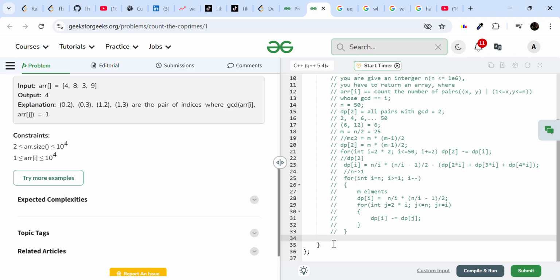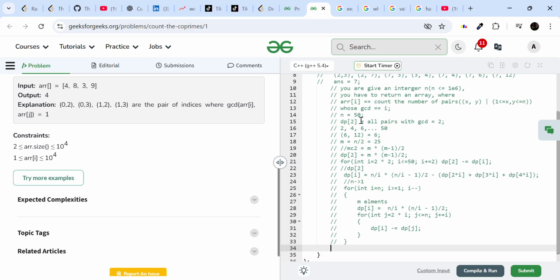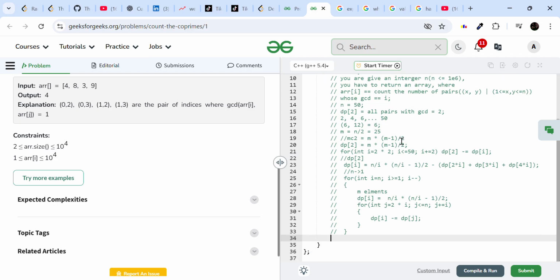So basically, what we got from this question is that for any number i, we need to find all its multiples, the number of multiples present in the array. For that, what we can do is